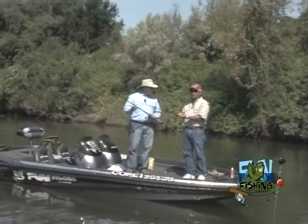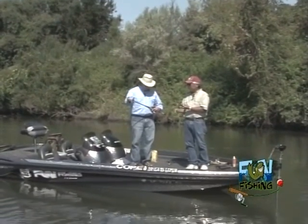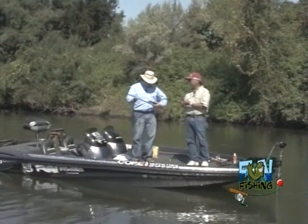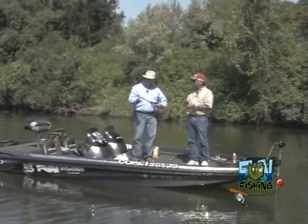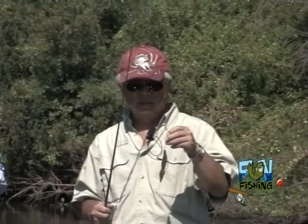And the reels, we got 50-pound braid on all of them. That's a flipping stick, it's 7.5. This is a pitching rod, and this clamps down so it'll fit in the rod locker, easier to carry. What we're doing today, we're using